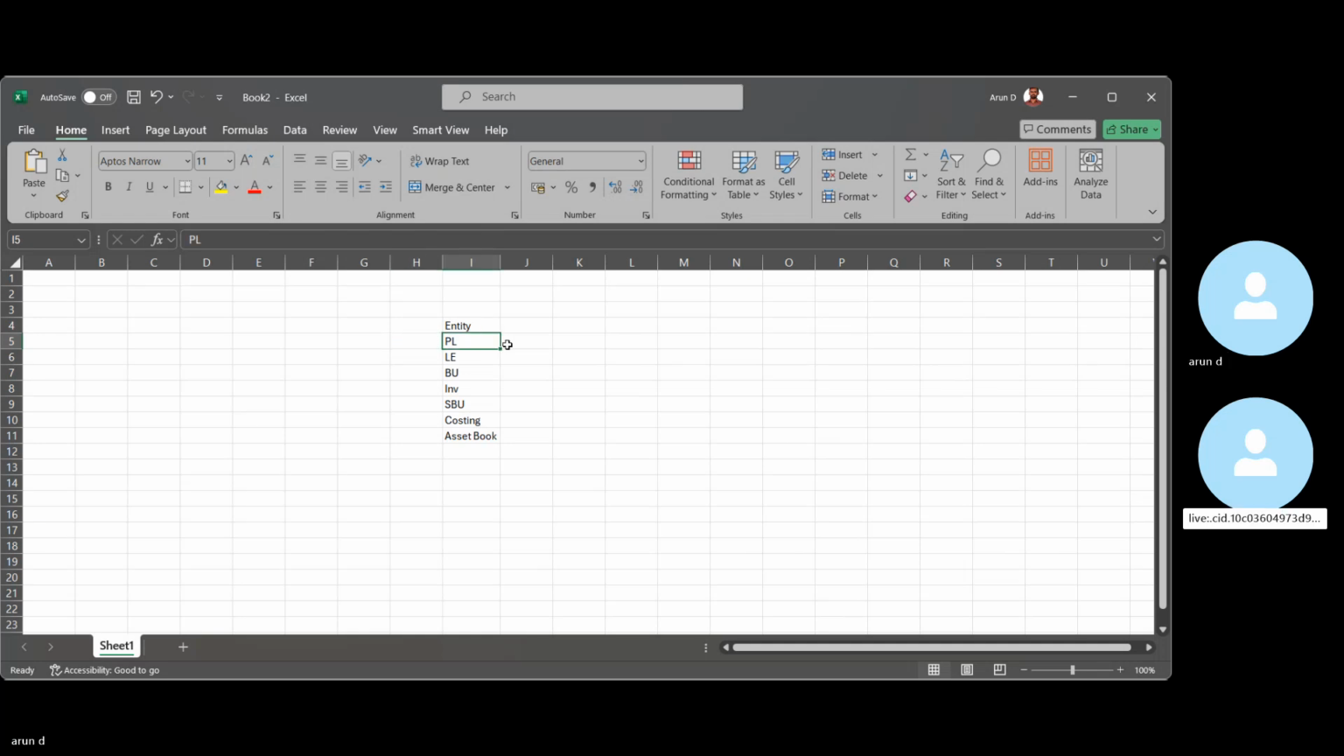Is it similar to sub SLA, or how is it? A balance cube you're referring to? Balance cube is basically, if we want to compare it with other modules, here it's the standard,